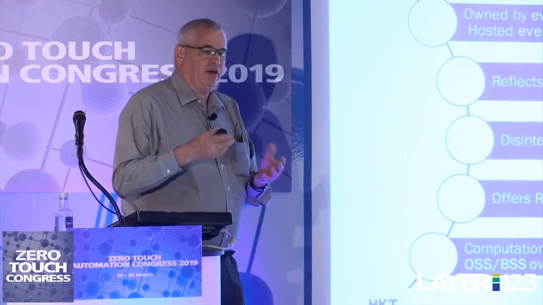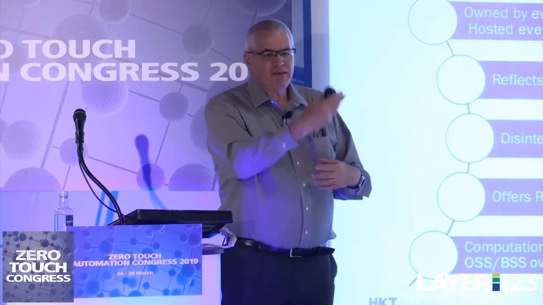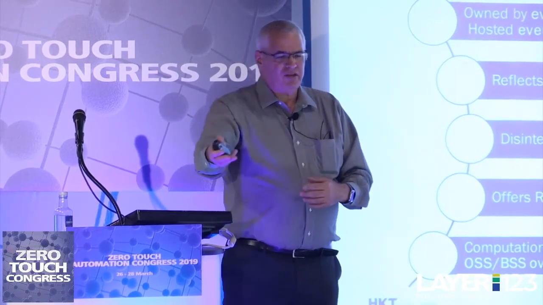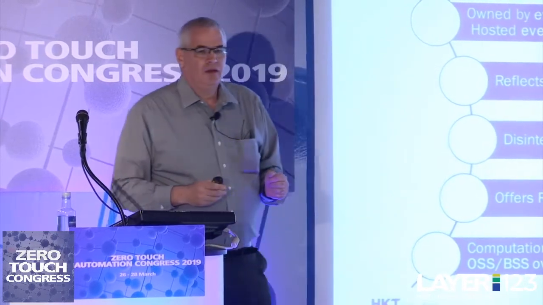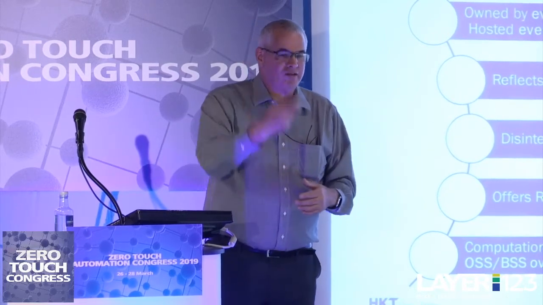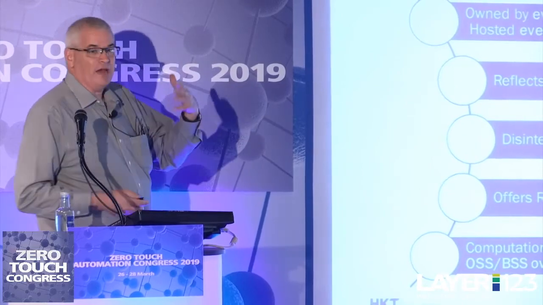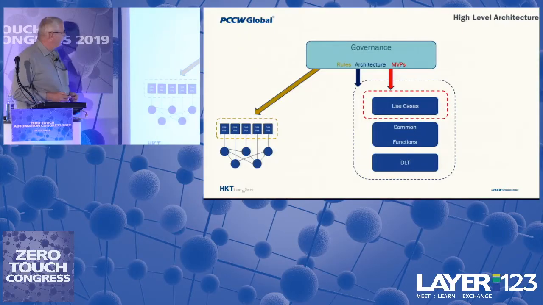A typical carrier has about 8 different systems that handle the voice. They have the switch, and then they have a rating engine, and a billing engine, and this engine, that engine, about 8 different devices. We were actually able to reduce that to 2. The switch, which is still a device that does the call switching, and the ledger. And the ledger does everything else. It rates, it calculates, creates invoices, settles invoices, and even handles the payment within one system. So this is actually a serious cost saving. So this is why blockchain is an interesting solution for that.